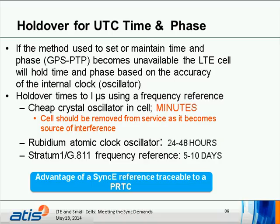So the holdover mechanisms are available, and one of them is a technology called Synchronous Ethernet. Synchronous Ethernet is used to distribute frequency within a network. It cannot be used for setting time and phase, but it can be used to distribute frequency. If the synchronization Ethernet reference is accurate enough, if it is traceable back to stratum 1 G.811 accuracy, it could